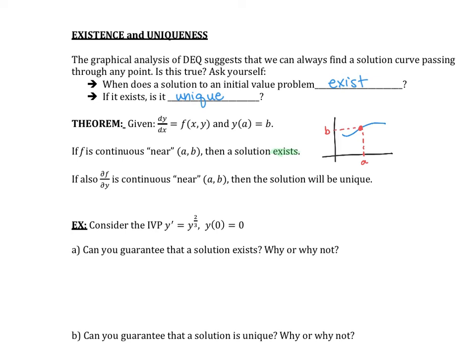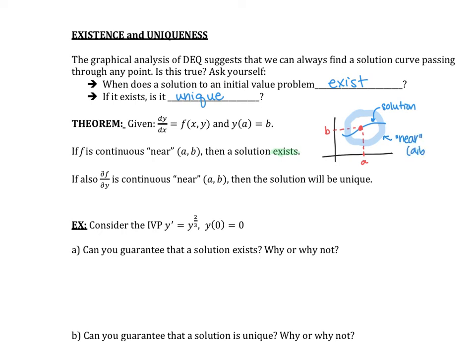So my solution is this curve, this function. If I'm going to have a solution that is near (a, b) to determine if it exists, it means I'm going to be in the vicinity, whatever that vicinity looks like. Maybe it's here. I'm going to be near (a, b). So this is what it means to be near